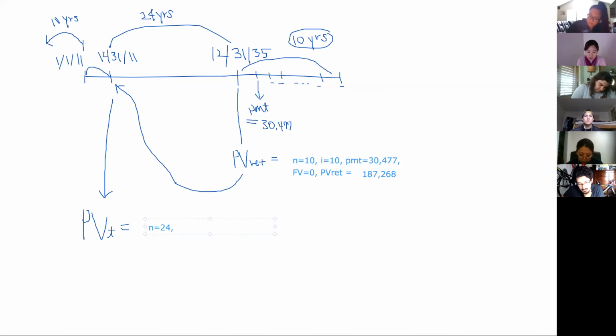It's 24. Interest rate is 10. Payment is 0. Always, the second present value calculation doesn't have a payment. It's just discounting a lump sum back to the present value. And then future value is what we are trying to discount, 187,268. Then present value at time t will be